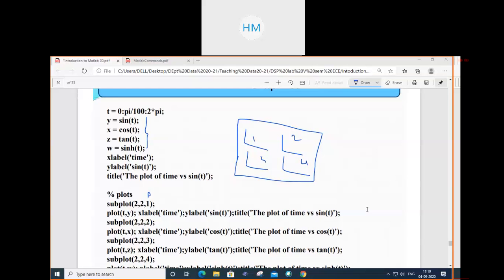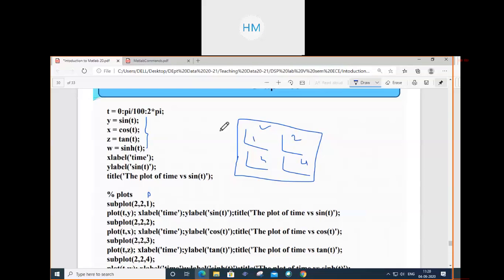The first subplot is the first column of the first row. That means this. The second subplot is the second column of the first row.